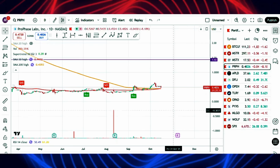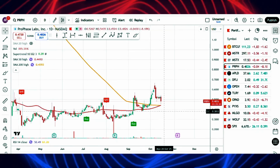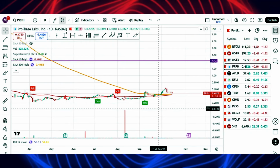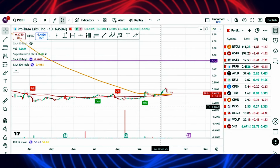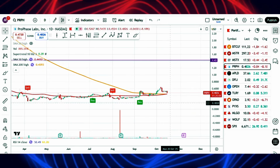So this stock is right on the cusp of a golden cross. As you can see on this chart, the 50 is about crossing over the 200. And for technical analysis, this is a very big deal when it comes to gauging the health of the price action. And the reason I'm making this video right now, this is an update, is because some really interesting